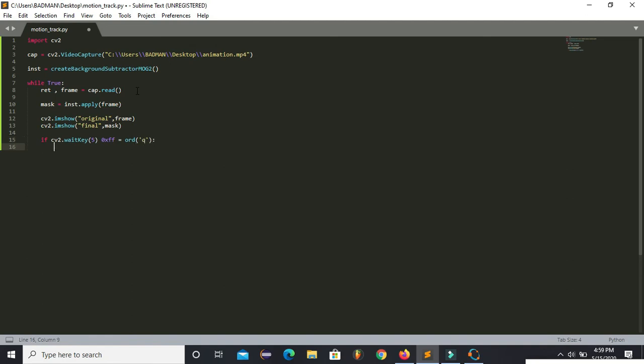As soon as I press Q on the keyboard, the output will be destroyed, and it will come out of the while loop.